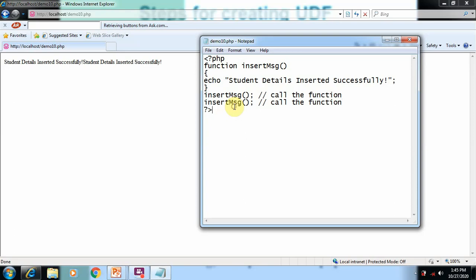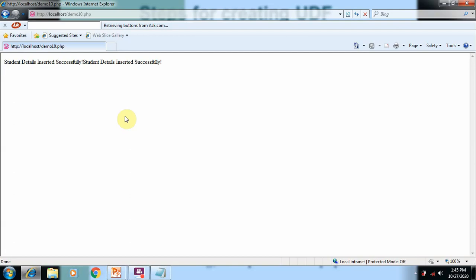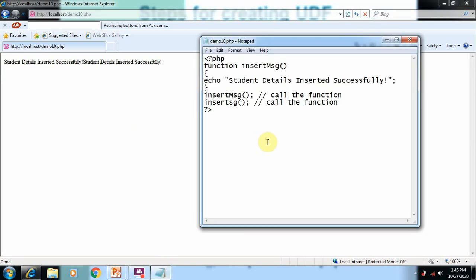So here I already told you, if you make any mistake in calling the function name, that is, when you create the function the name has m as a capital letter, and when we give the name in the wrong pattern or wrong syntax, then we will see errors. So this is called creating a function and calling a function.